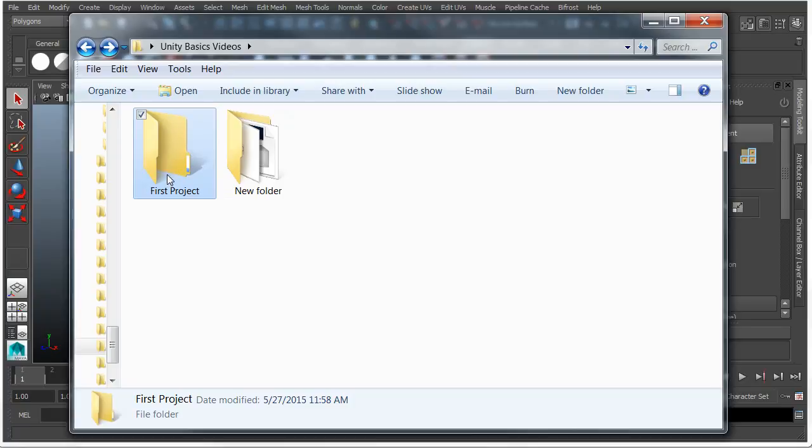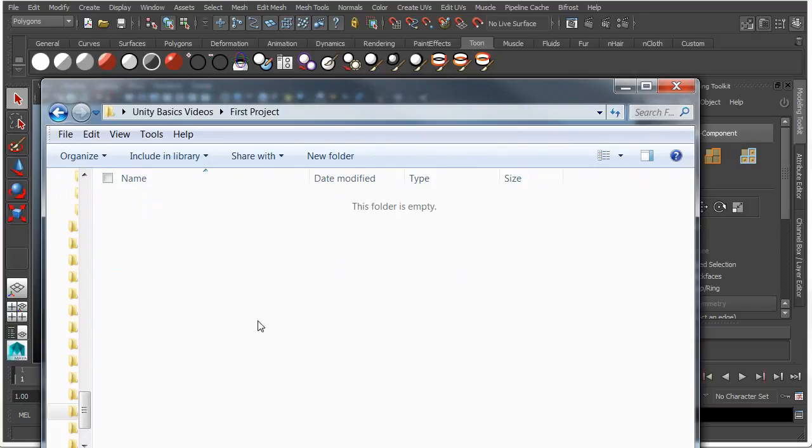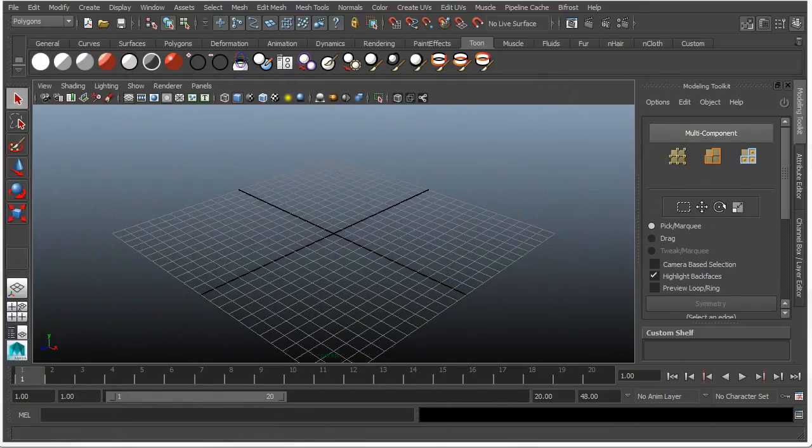This is going to be what I'm going to be working on. So let me go ahead and move that to the side for right now so I can show you something. First of all, if I click on it, it's empty. Okay? So now we're going to come into Maya. And when we first open it, the first thing that I always want you to do is to create or